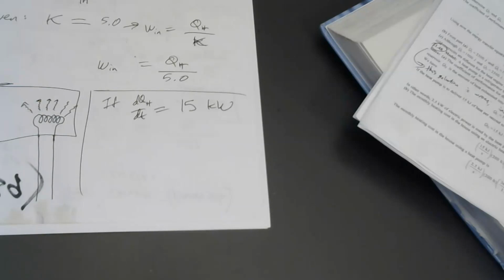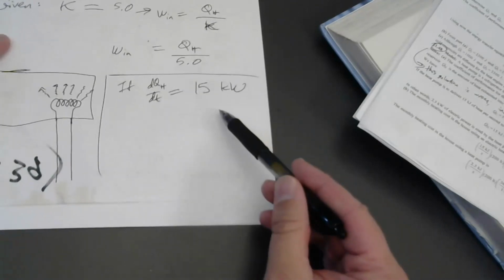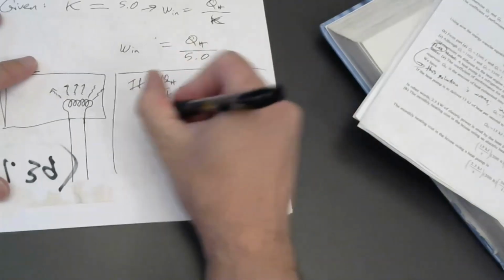That sounds reasonable. If you've got a decent sized home and it's really cold in the middle of February and you need to keep your house warm, perhaps you need to dump 15,000 joules of heat into your home every second to compensate for the fact that it's being conducted out through the windows, through cracks in the drywall, you know, wherever the heat is leaking out. Okay, for the heat pump,